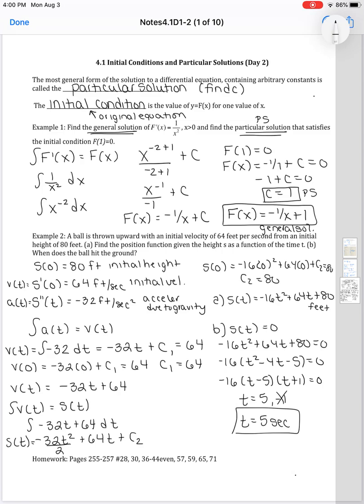So you have both the physics stuff back, and then most of the stuff is going to focus for right now on particular solutions and initial conditions. So just remember